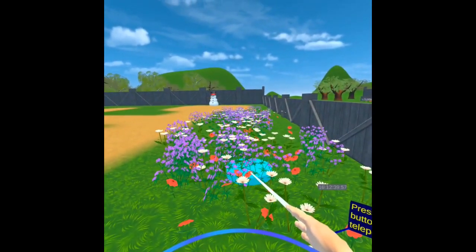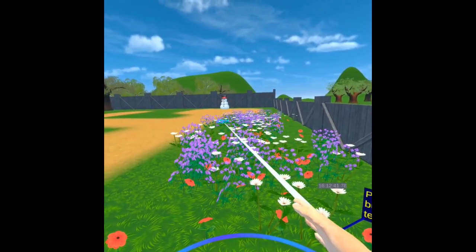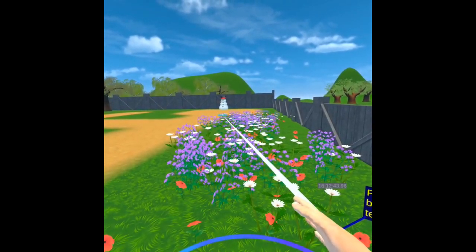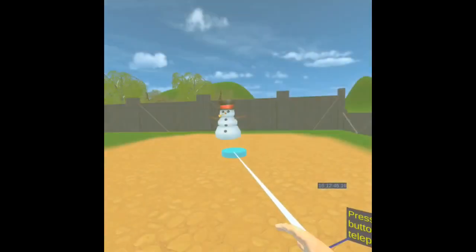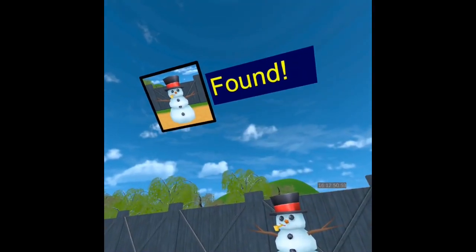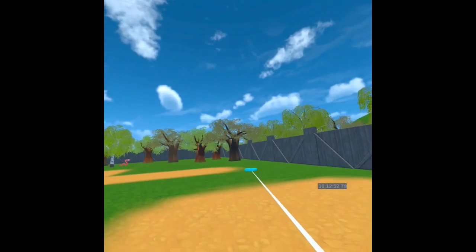Also, we have flowers here, which move back and forth, showing another example of finding an object.